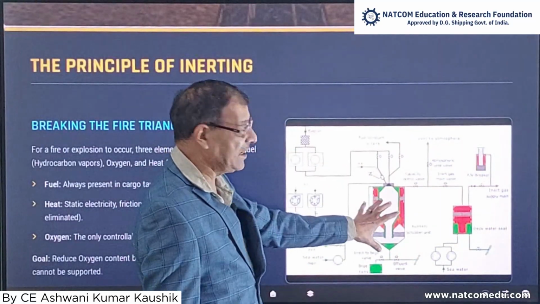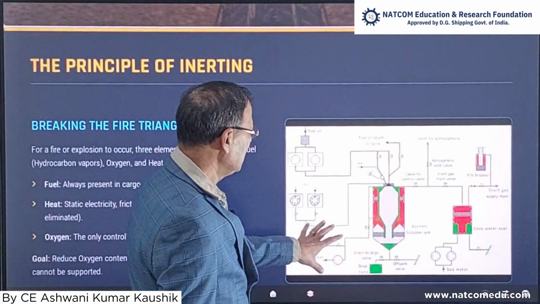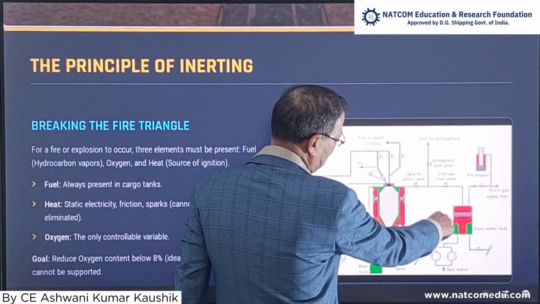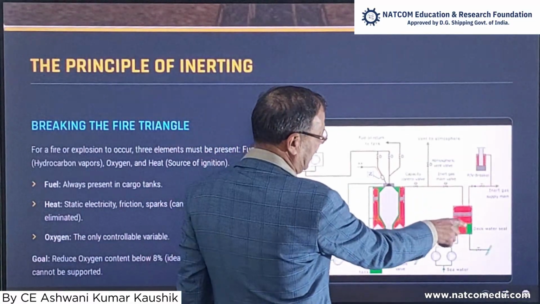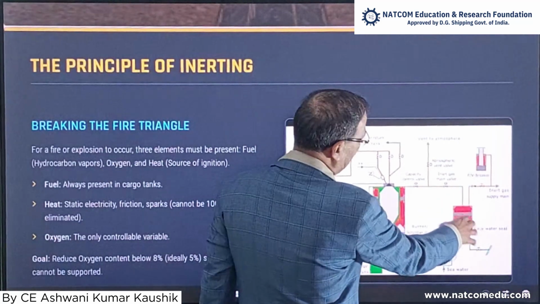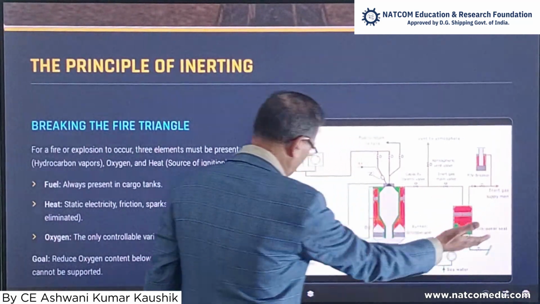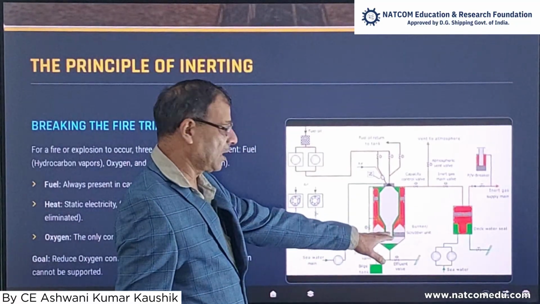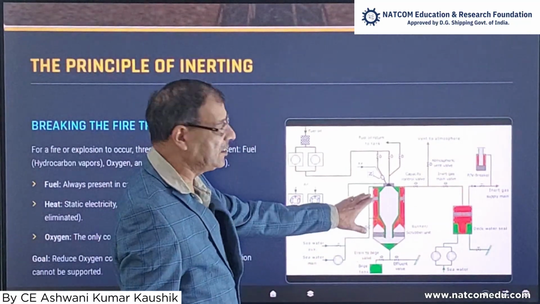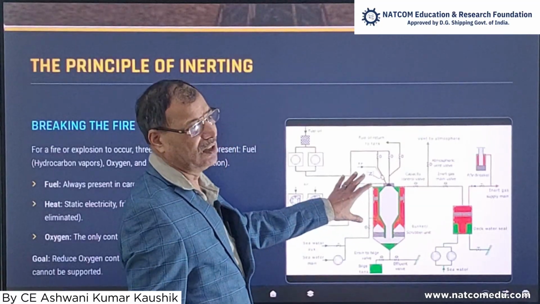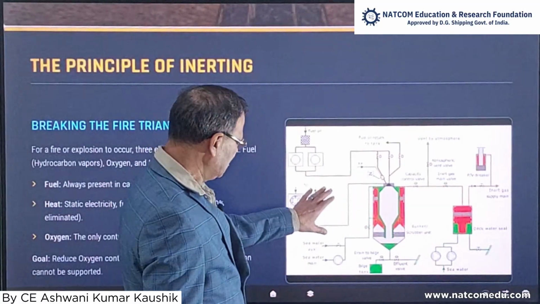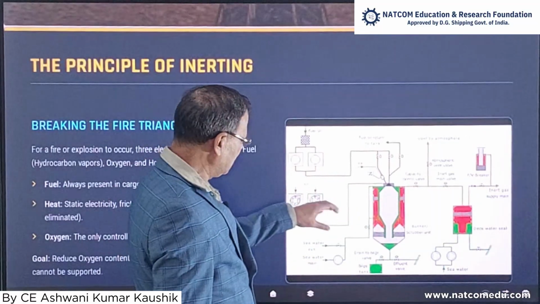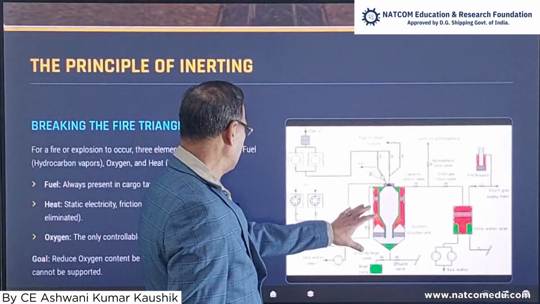And after that, this is the flue gas generator. After generating, this goes to the blower, then enters the deck seal. The deck seal is like a non-return valve, and after that this goes to the tank only. And this is a drain. When the scrubber pump is running, it runs continuously, and that removes the SO2. This is actually SOx and NOx, sulfur dioxide and sulfur are removed here, and after that only inert gas remains.